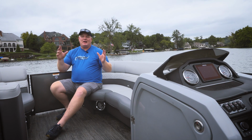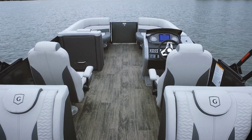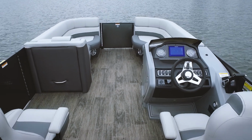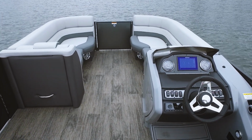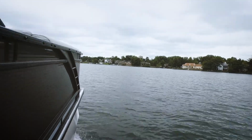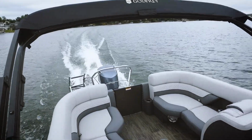And finally, we've got to talk about the comfort. Good news is these seats are as comfortable as they look. We love the texture, just the feel, unbelievable. If you're wondering why the sound system sounds as well with this Fusion stereo, the speakers are even angled. Just those little added touches, including the electric bimini, just a lot of really cool features on this boat that